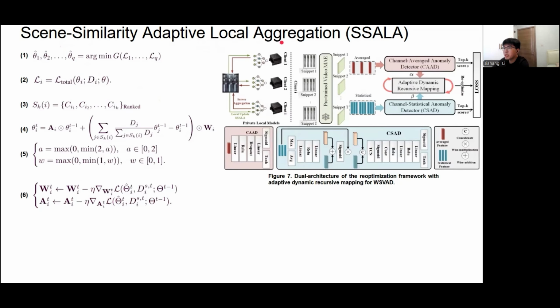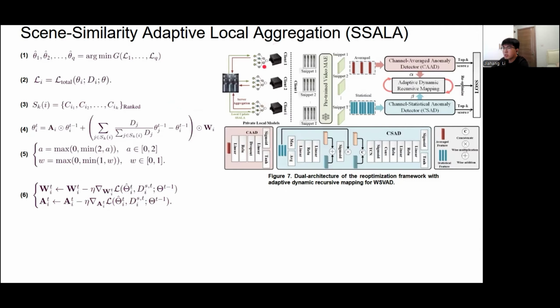To achieve this, we introduced two adaptive weight measures to balance the contribution of the local and global models. We also propose a selective aggregation method that aggregates clean models based on similarity.